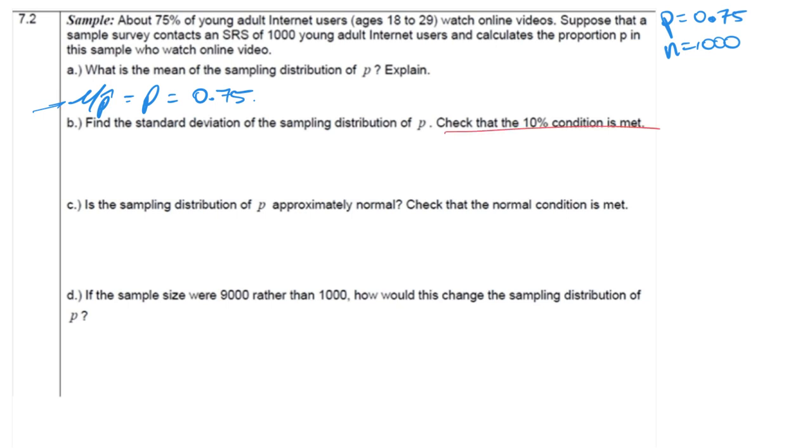Okay, so the 10% condition was, is the population, capital N, greater than or equal to 10 times